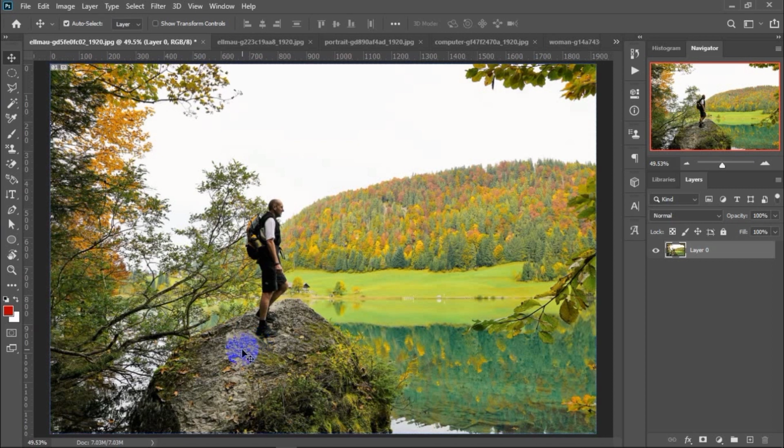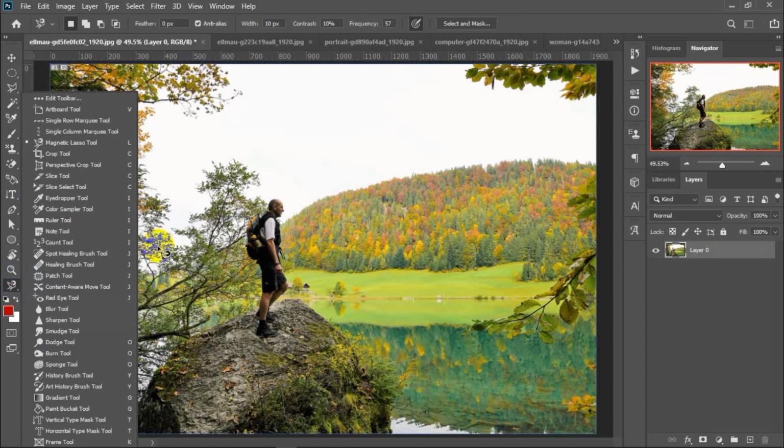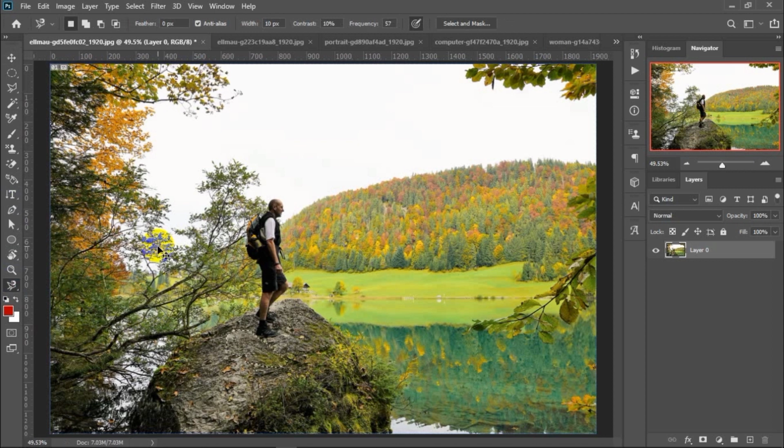You press Ctrl D to deselect that area, and as you can see, it automatically blends into that surface area like this. It would be impossible for you to notice that they actually cropped something and pasted it here. So that's actually the basic use of the magnetic lasso tool. So let's quickly undo that, then move to the next